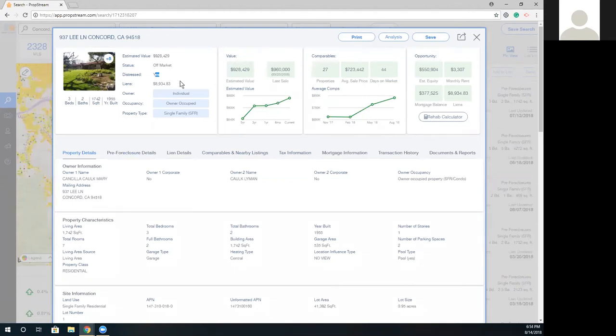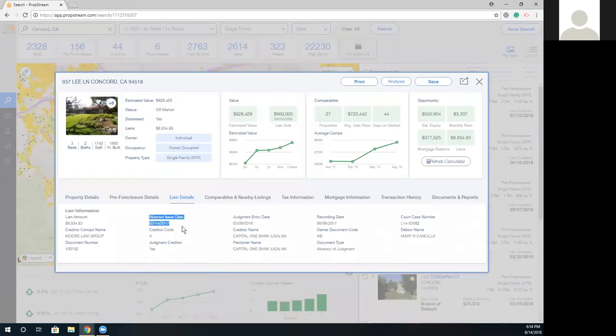But here's the cool part that our system does. I was looking for pre-foreclosures. What I did not know was that there was a lien also attached to this property. So what PropStream will do is take all of the other sources that we have and populate that for you. That way you're not walking into a trap where you just think there's only one recording and no attachments. So unfortunately, this is probably not a good lead for me, as I found out that there's a lien attached to it that was just issued last year.